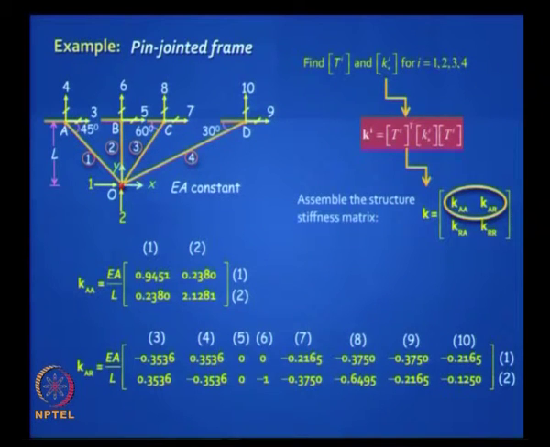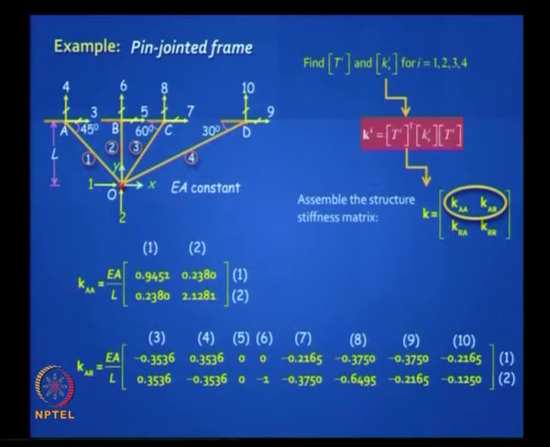For example, in this structure you do it this way. Let us look at Ka, it will be a 2 by 2 matrix because you have only 2 active degrees of freedom, and Kar for example would look like this. But in this method you have to always keep track of the linking global coordinates which I have shown here.